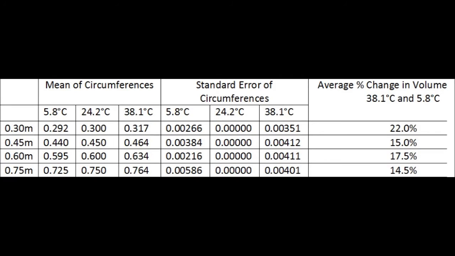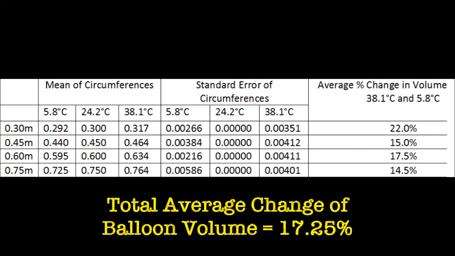The data from our experiment supported both of our hypotheses. From this table, you can see that the mean of the circumferences across all the initial volumes increased as the balloons were moved from a cool to a hot environment. The balloons' volumes increased by at least 14.5%, and you can see that the largest initial volume also had the largest change in volume. The total average change in volumes of our balloons was 17.25%, and this graph reflects our